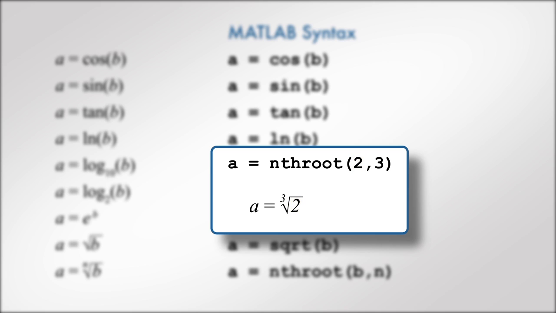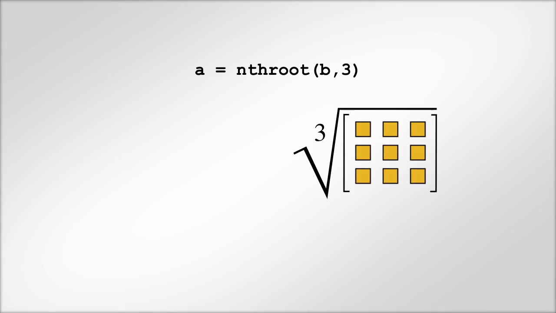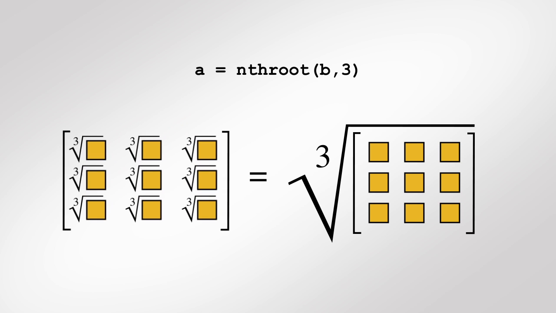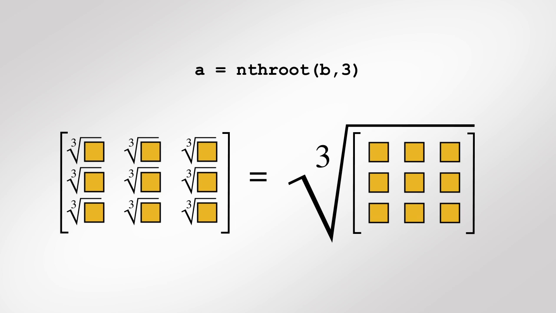What if we wanted to compute the cube root of a set of numbers instead of just one? For example, what if B were a matrix with multiple rows and columns? MATLAB mathematical functions that typically act on scalars are designed to also accept vectors and matrices as input. If the input is a matrix with multiple rows and columns, then the function output is a matrix that is the same size, in which each element is the result of applying the function to the corresponding element of the